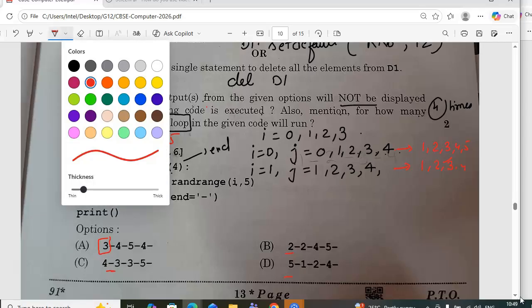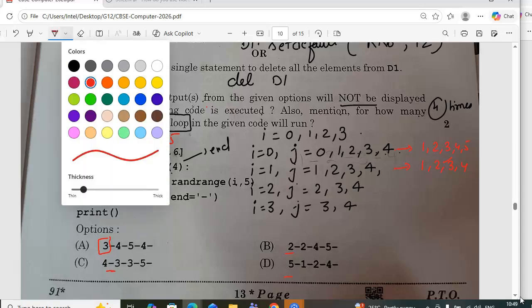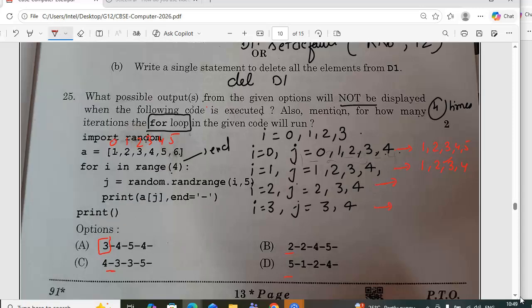Let me write all together first. Now when i equal to 2, j will work for 2, 3, 4. And when i is equal to 3, j will work for 3 and 4. Now for the elements written in red ink, at position 2 the elements are 3, 4 and 5, and at position 3, 4 and 5. So these are the values.